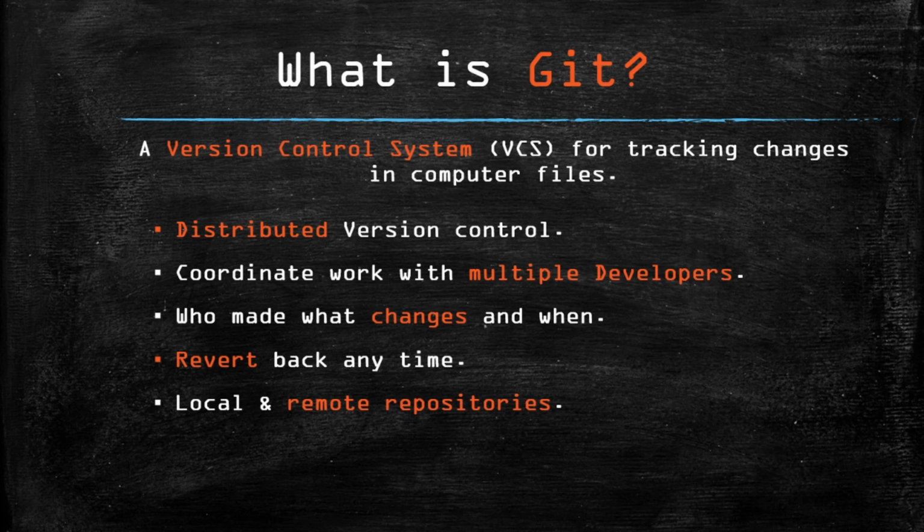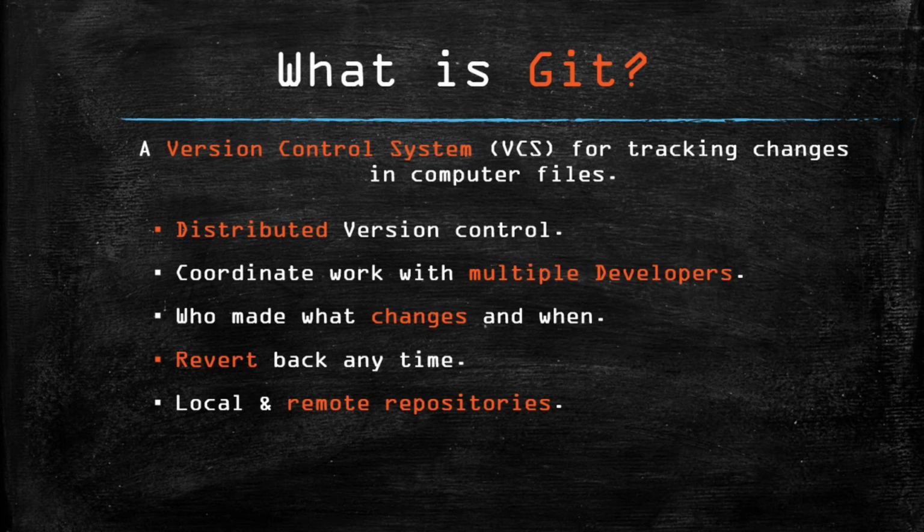So Git is a distributed version control system, or decentralized version control system. And what that means is that many developers can work on a single project without having to be on the same network. There are also version control systems that developers actually need to be on the same network to use. That's not what Git is. It is decentralized or distributed. Git helps to coordinate work between multiple developers and track every single version and every single change that's made in the project.